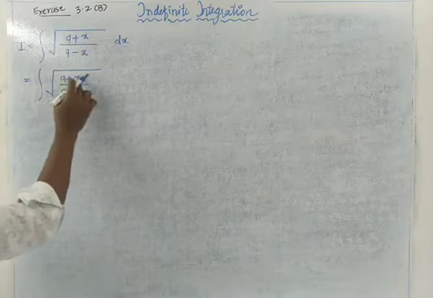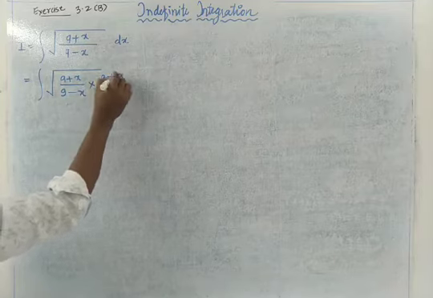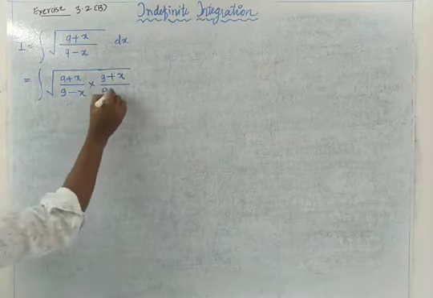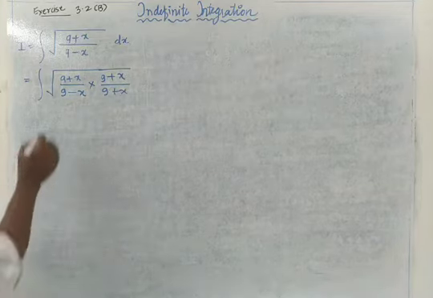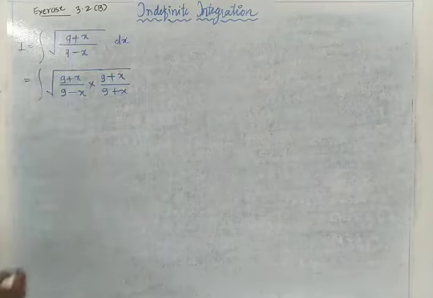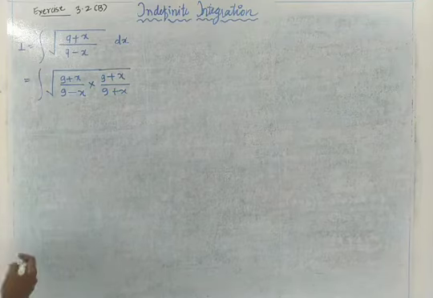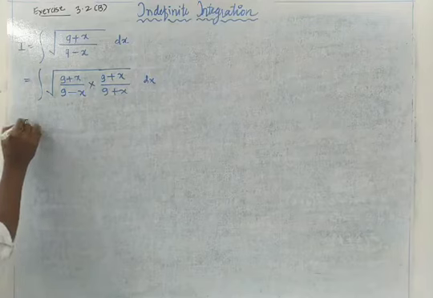Now 9 plus x will become a square term when we multiply the numerator with the same term, that is 9 plus x. But we have to do the same thing with the denominator. So we now multiply and divide with 9 plus x. Whatever value exists in the numerator, multiply and divide it, with the same format. Is it clear? Now try to simplify.